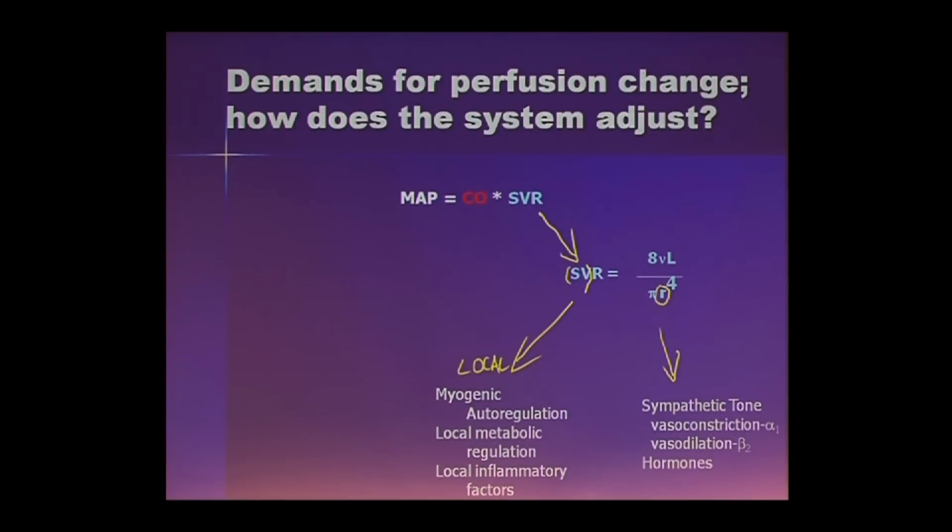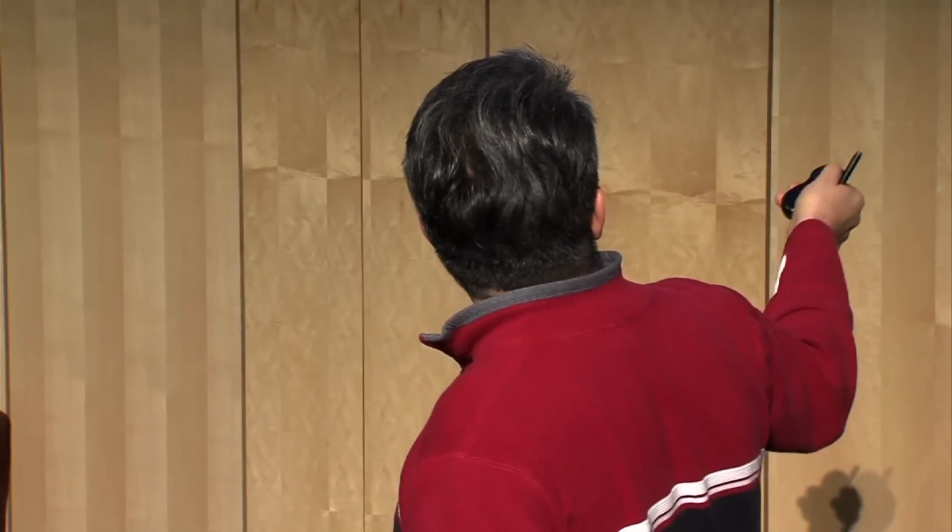Sympathetic tone. The sympathetic nervous system is very quick to essentially make sure that brain does not ever get without blood. And interestingly enough, you're going to see alpha-1 adrenergic receptors are those that constrict arterioles, which actually means they're going to stop blood flow to particular arterial beds. And if I actually stop blood flow to my gut and to my muscles, there's going to be more blood left to go to my brain. Curiously enough, as you would predict, brain arterioles do not have innervation by the sympathetic nervous system.